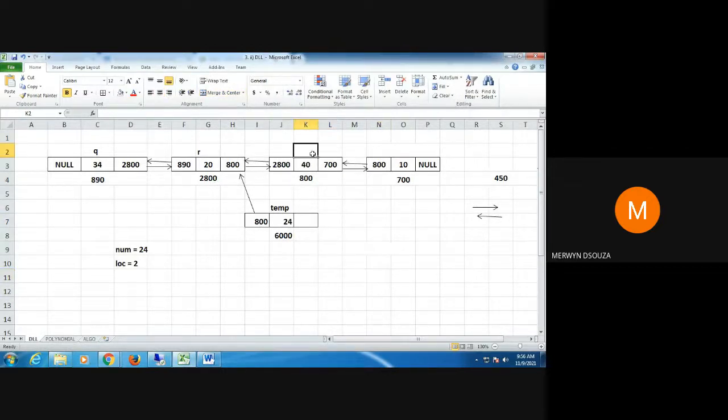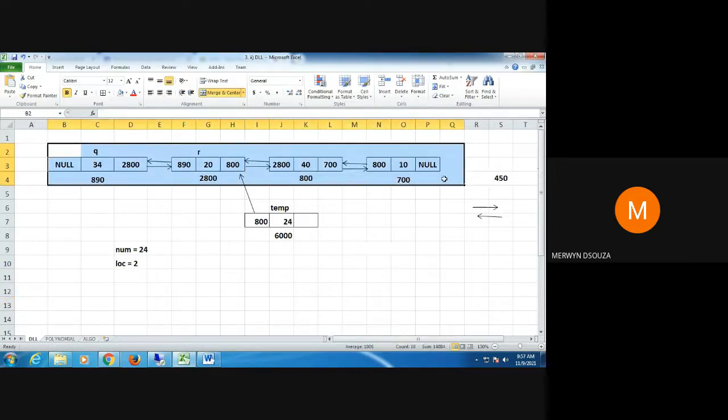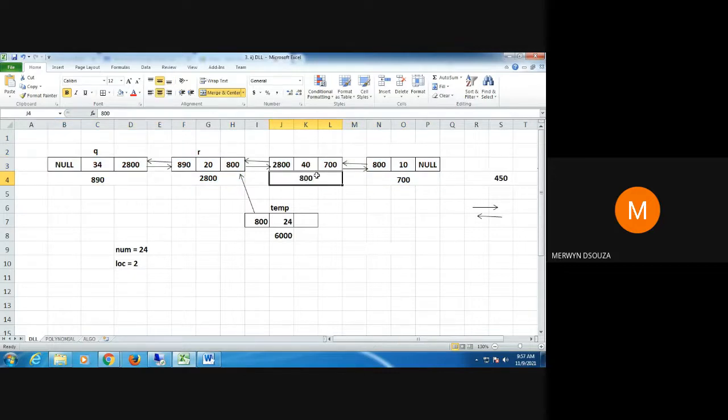Now, if I had one pointer here, S, it would have been very easy for me. I would have written here temp arrow next equal to S, and I would have got here 800. But I do not have this pointer S here. So what is the trick for that? You can see in your diagram that this address 800 is there in two places.